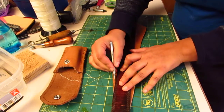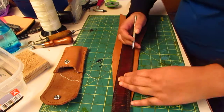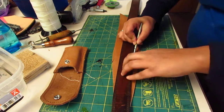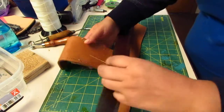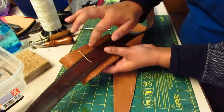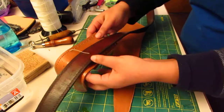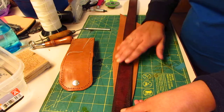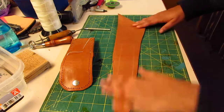So I'm going to go ahead and score this just like that. Because the size fits perfectly right across there, no matter which way it goes. So this way it'll still leave a little overhang, so the belt will be able to slip right in. And that width seems about right for everything anyway, so I'm just going to go ahead and use it. Set the belt aside,